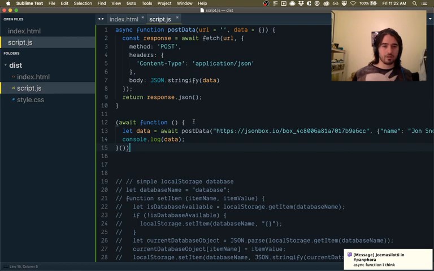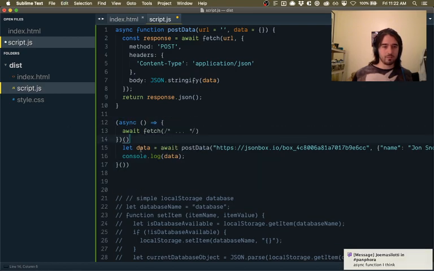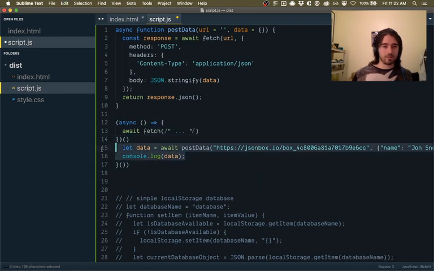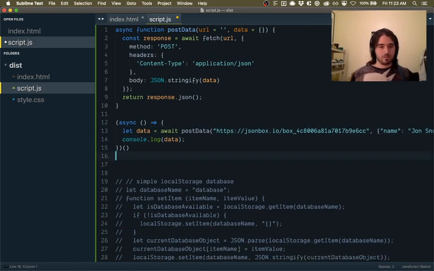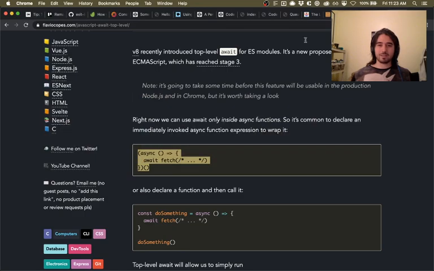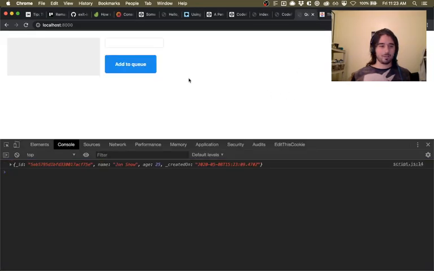Okay. So I think I did it right, but whatever. Delete this. Oh wait, what did I do? Did I say await here instead of async? Is that what happened? Woohoo, we're getting it back. So